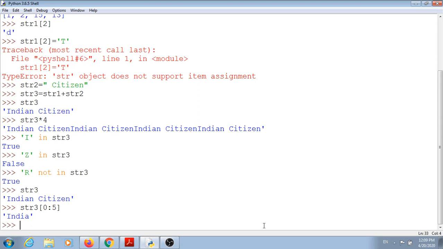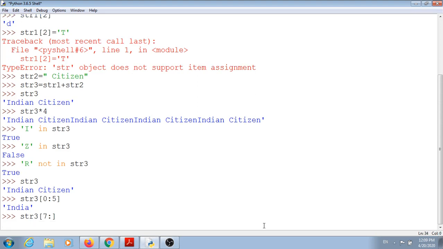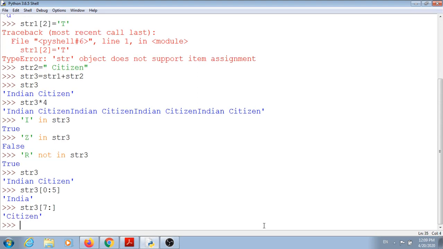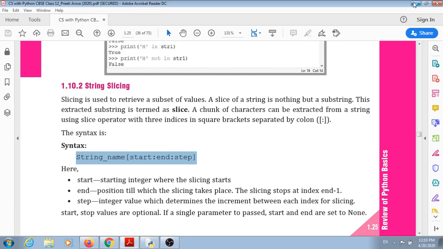If you want to access only citizen, then we write str of 3, then position number 7, and I will leave the last space. So this will access citizen. In this manner we can access the string values or string literals.